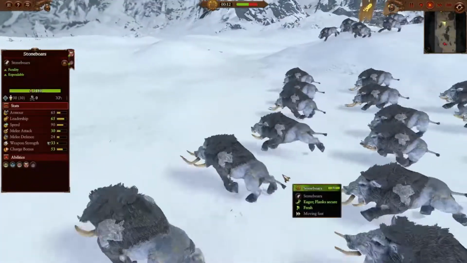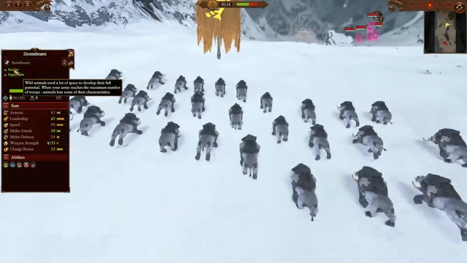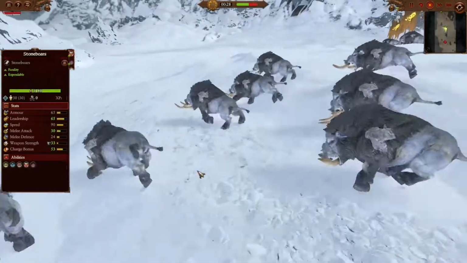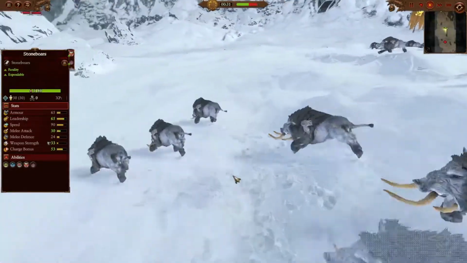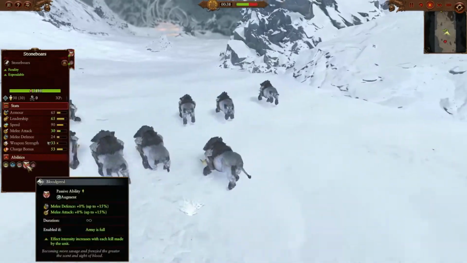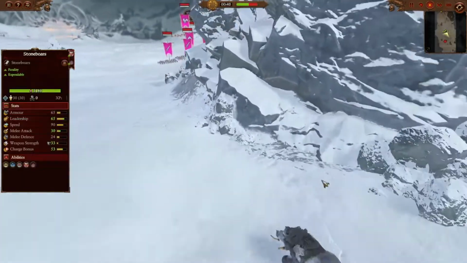And you might notice that several of these units are going to have something called Ferality. Ferality basically means that they're going to do best when they don't have a full army, and they're actually going to lose a little bit of stats when their army count is at max. And these Stone Boars also have Blood Greed, which increases their attack's intensity with each kill that these units get,